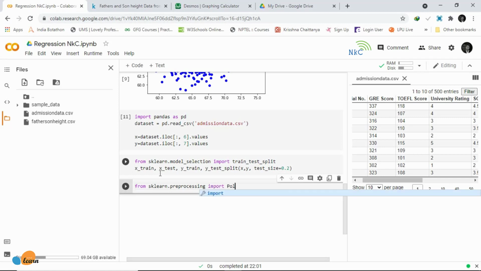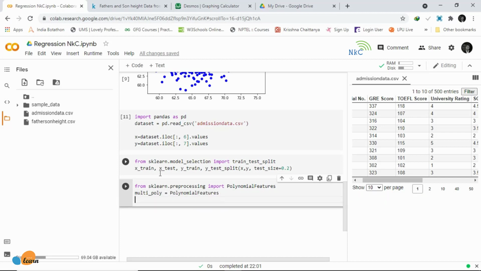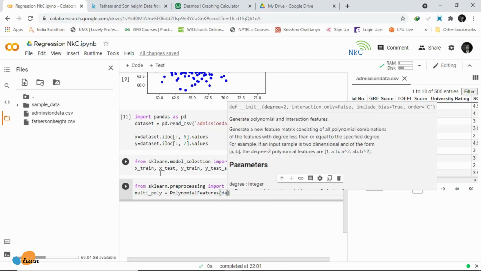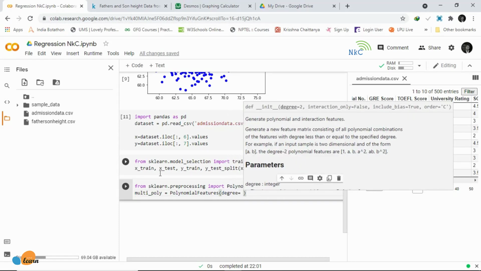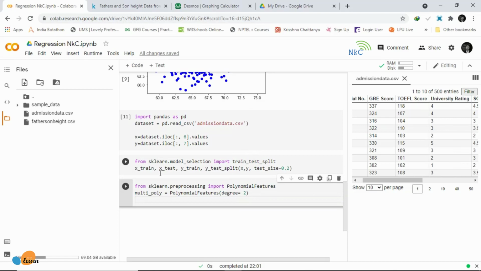So we will say from sklearn.preprocessing import PolynomialFeatures, multi_poly is going to equal PolynomialFeatures, and let's set the degree at first equal to 2.